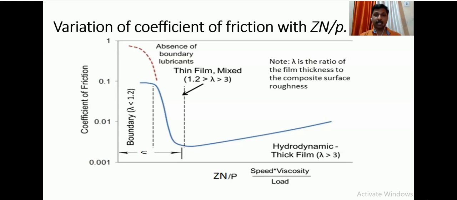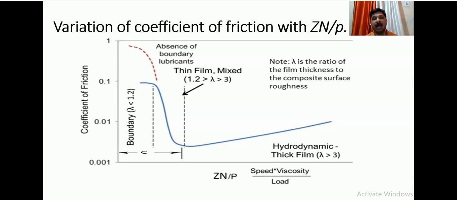So there are two criteria on which we work. First, we see that our bearing should work under the condition of completely developed hydrodynamic lubrication. And as we know, there must be friction because there is a sliding motion, so there must be some power loss, and that power loss will be in terms of heat generation, and that heat has to be dissipated. So we have to design the bearing in such a manner that all the heat generated at the surface of the bearing should be removed.